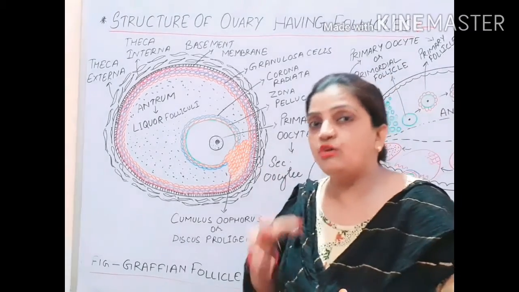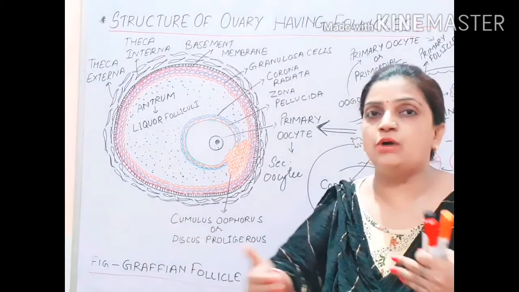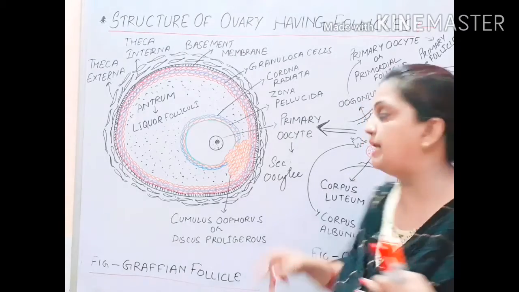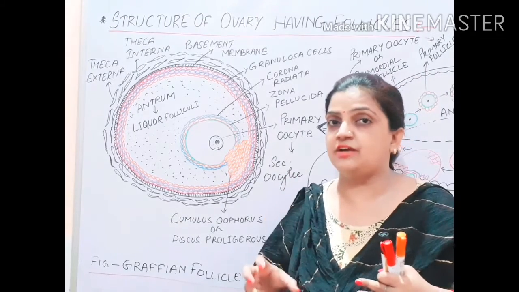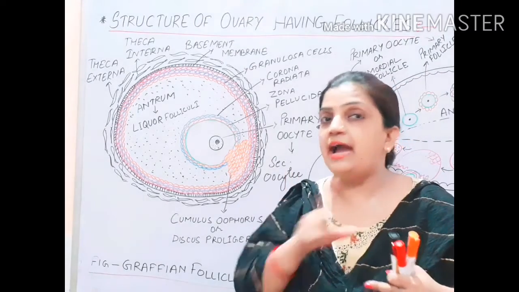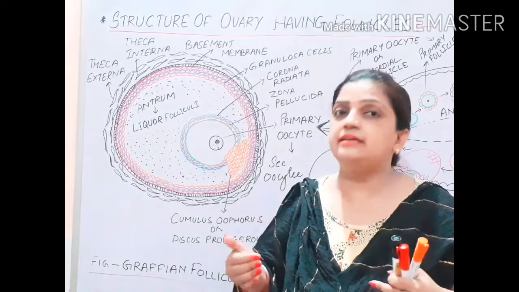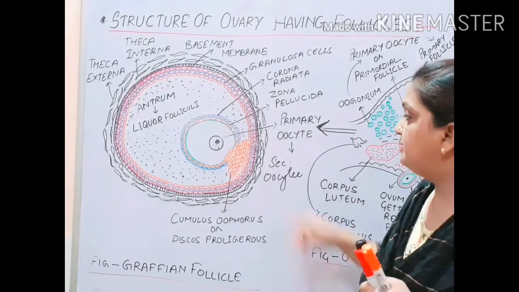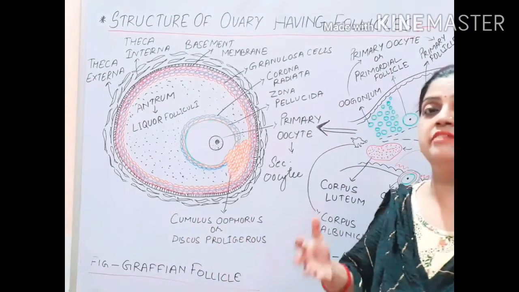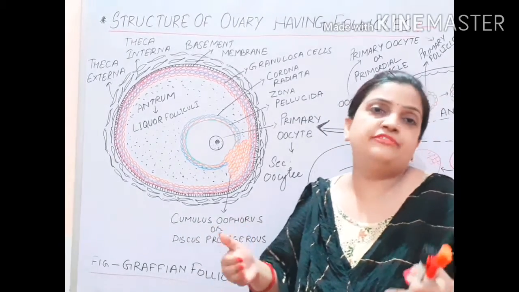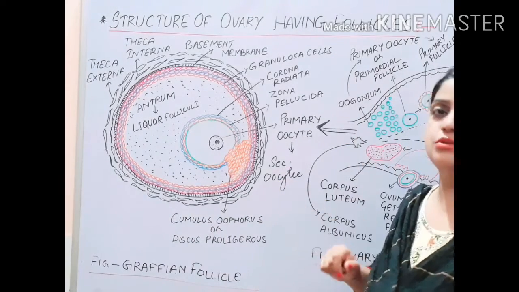So during the ovulation process, what is released out from the ovary is not the primary oocyte, but the secondary oocyte. And the secondary oocyte is a structure where meiosis second has not completed. This is again an important point which I will be discussing in the next part of the video, how the secondary oocyte is going to complete its meiosis second, and be ready for fertilization and for the formation of zygote and all. I will be discussing that. So this secondary oocyte is formed.